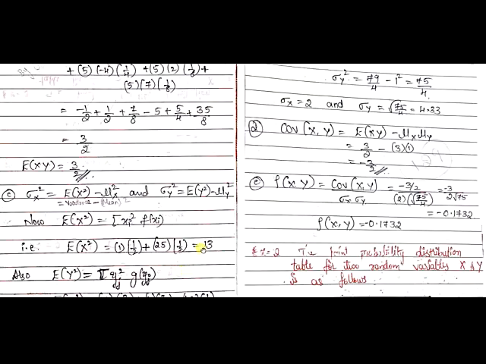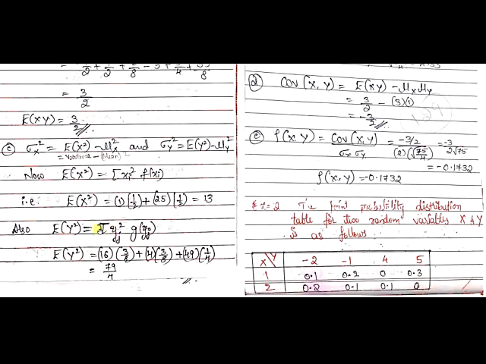So to find E of y square, that is the variance of y. Variance of y is nothing but summation yj square g of yj. See, if you know one formula well, then the other formula you can write on your own. Summation yj square g of yj, similar to the way we did for x.